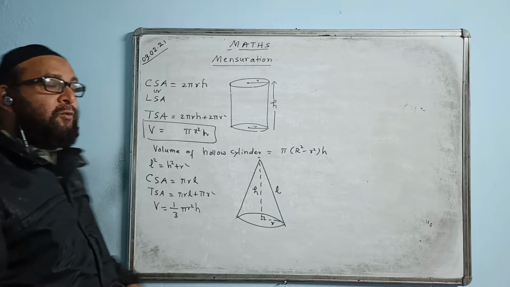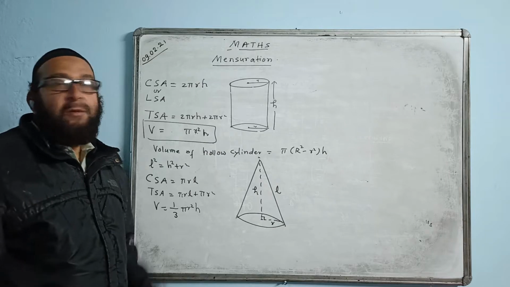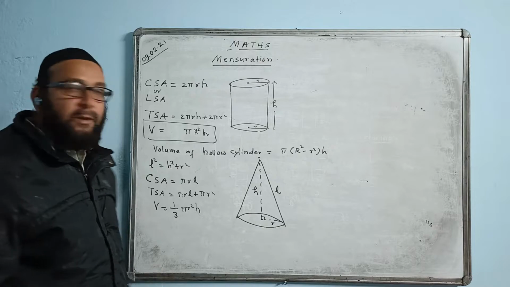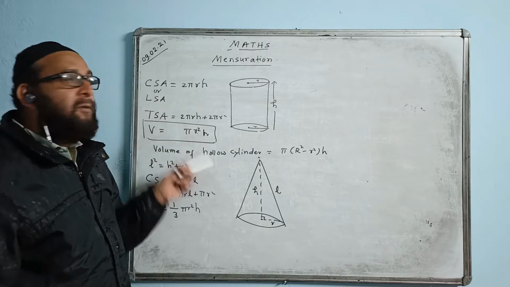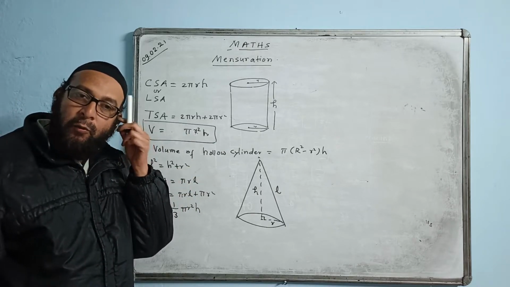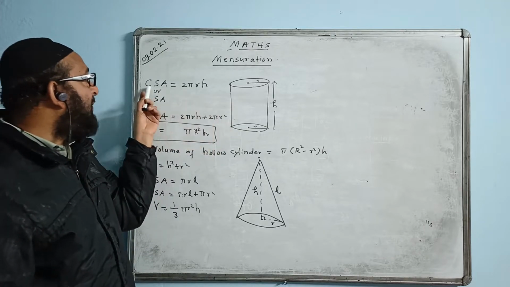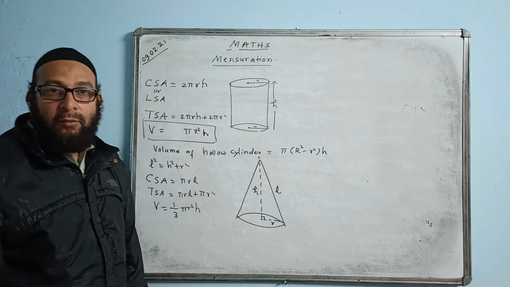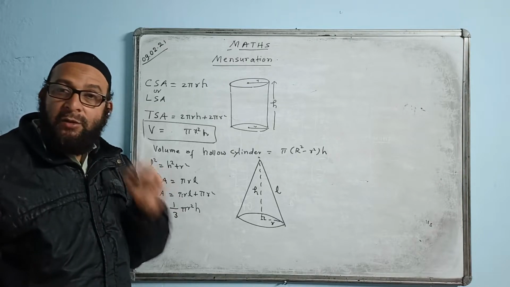Now, how to do any particular problem? The idea is, suppose they ask you to find the volume of a cylinder, use the volume of cylinder formula. Find the volume of a cone, use the volume formula. In some questions, volume may be given and one thing is unknown. You can find that. Whatever is given, use the formula of that and make an equation, find the unknown. That is the whole idea. If the curved surface area of a cone or cylinder is given, use that formula and find h or r. Any one of them will be unknown in the question. You find that, and after finding that, you check what the question is actually asking you to find.